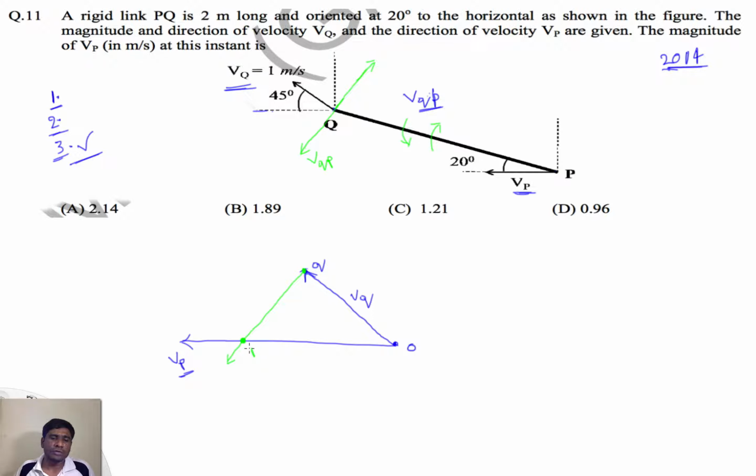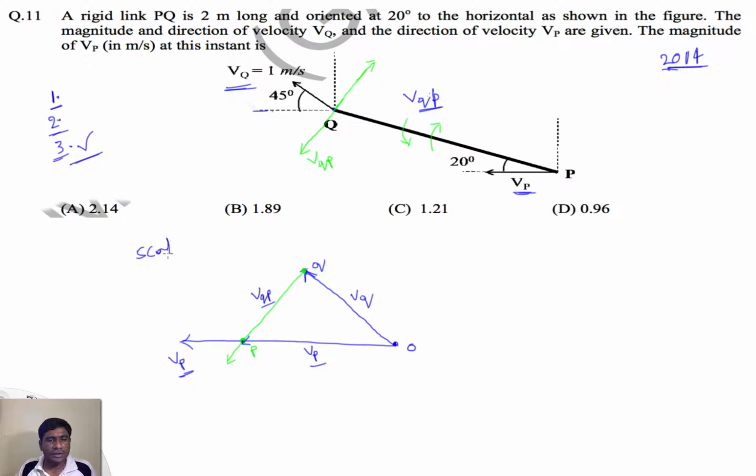So this is our point P, and this is the required velocity of the point P, and this is the velocity of Q with respect to P. This is the velocity triangle, and generally in the semester exams we carry scales and drafters so that we can easily measure these values from this, because this velocity triangle is generally